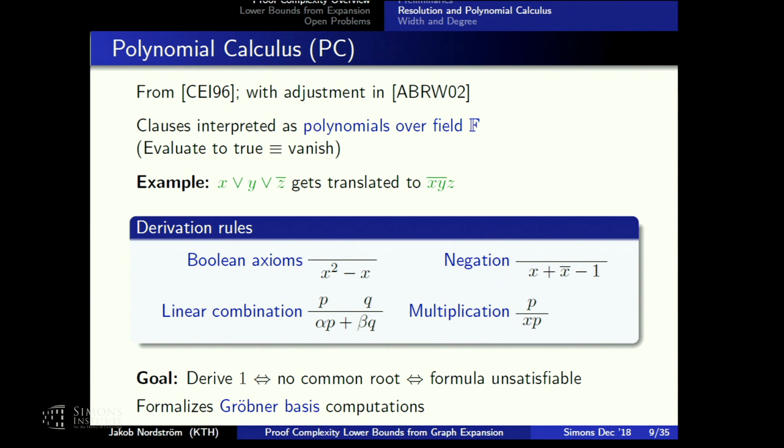And then I can take linear combinations. I can multiply by a variable. And my goal is to derive 1, which is possible if and only if the formula is unsatisfiable. Okay, and this is just formalizing what Gröbner basis computation means. Okay. And now if I set it up in this way,